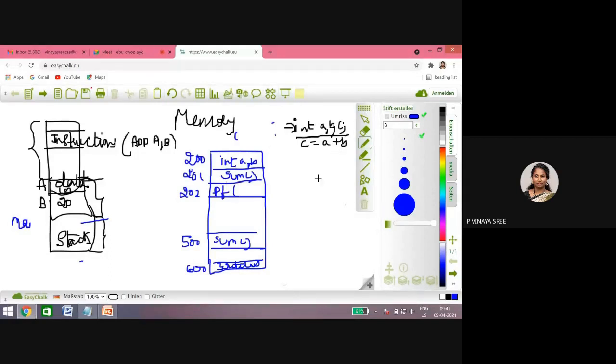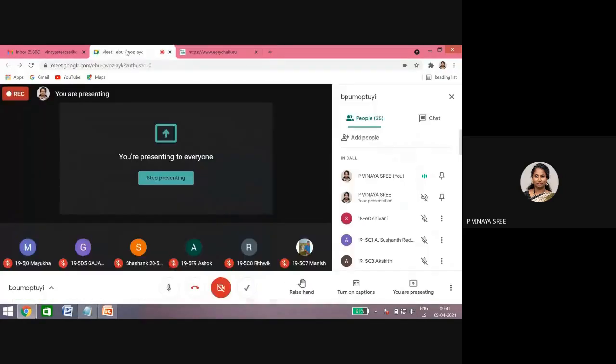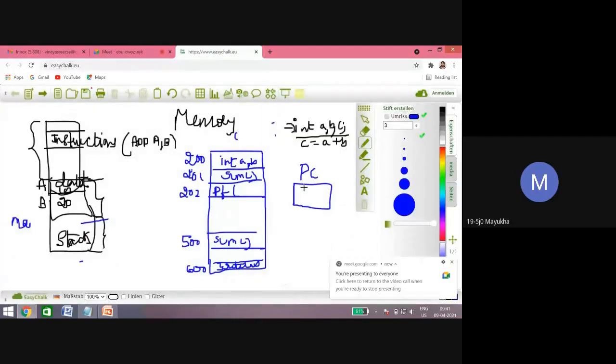See here. First, initially, now tell me what will be the initial program counter value, ma? 201. Yes, ma, good. But let me explain. The processor has not started any instruction yet. The processor is not executing the 200 address instruction yet.